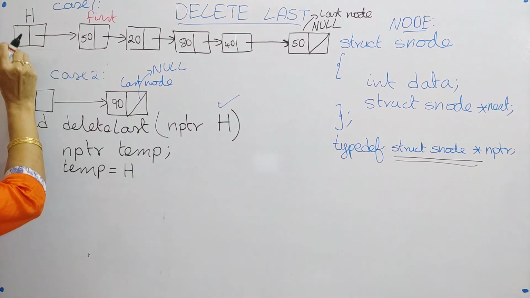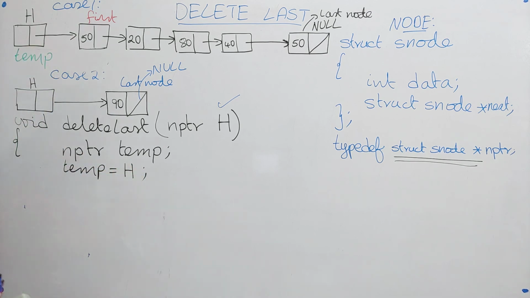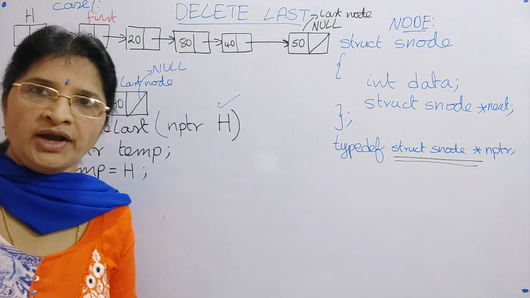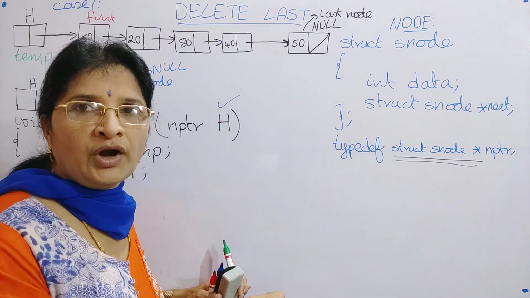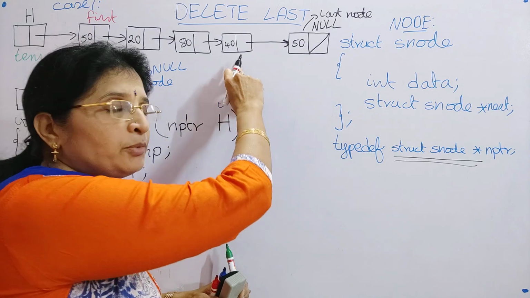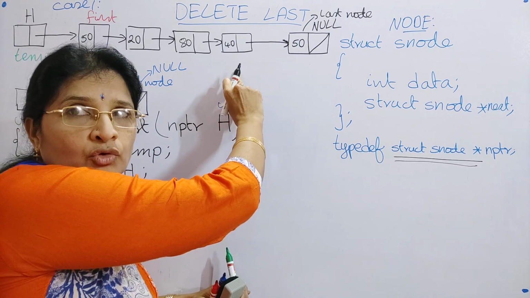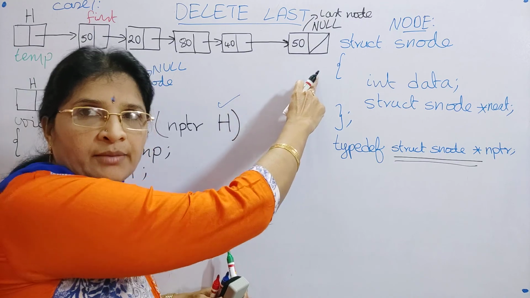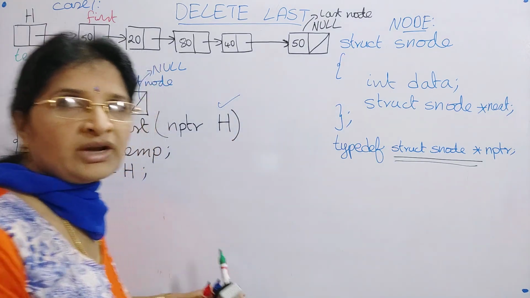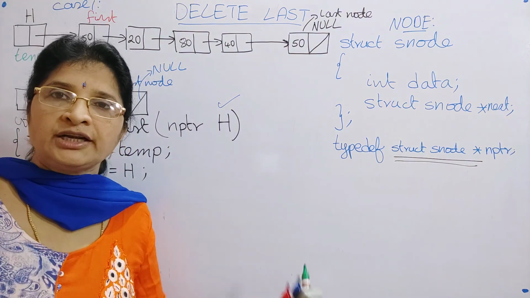That is, I will give temp is equal to H. So I am starting from the header node, because here instead of using one more pointer for this node and this node, I am just using the same pointer for both nodes. So suppose if I stop the temp here, then temp points to the last but one node, and if I say temp next, then it points to the last node. So like that you can decrease the number of pointers that you are going to use in your program. So both are possible. Programming means we can perform the programming in multiple ways.